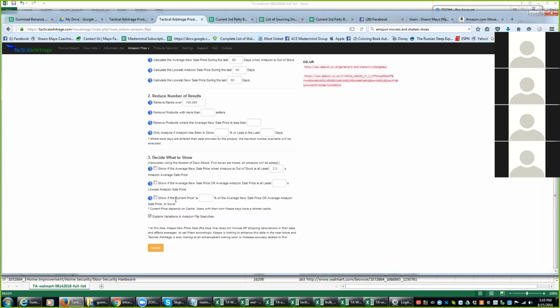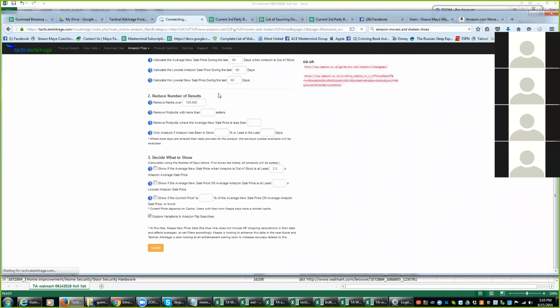And the last one is to show if the current price is a specific percent of the average new sales price or average Amazon sales price or lower. And the last option is to explore the variations. This option has only been added in the last week or so, but this is really one of the best things here now because it's going to look at every variation. So it can take quite a bit of time. Some shoes and clothes have hundreds of variations. So we're going to try doing a